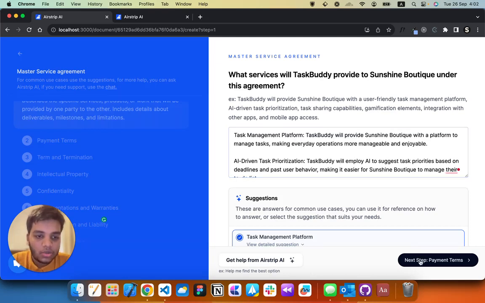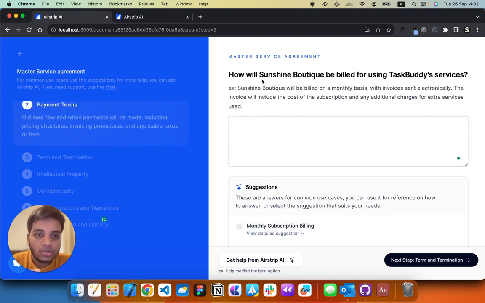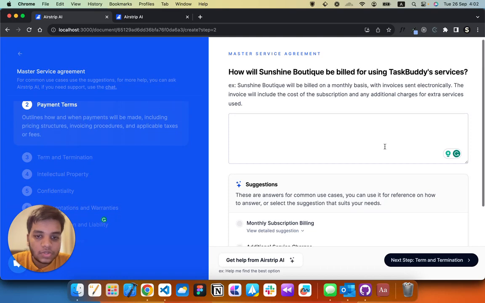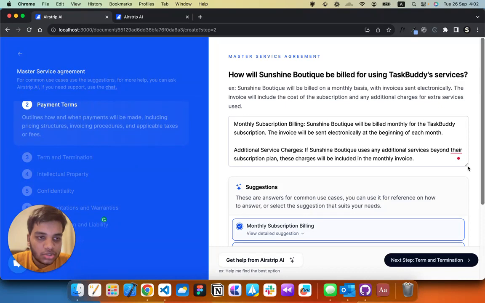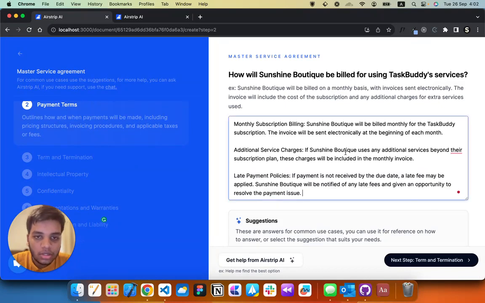So I've added that. I'll go ahead and click on payment terms. How will Sunshine Boutique be billed? It already says they will be billed on a monthly basis. So I'll just go ahead and click on monthly subscription. All of these I'll also review just to make sure that they're accurate. So it says we will be charging them a subscription, and it didn't mention the price. So I'll say